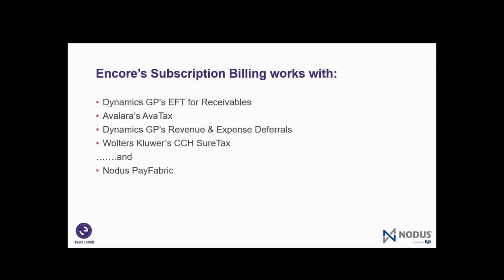It also works with the GP revenue and expense deferral modules. If you are recognizing revenue over future periods, you can leverage the functionality that GP provides through that module. You can define your deferral on the contract line, or GP also has what they call deferral profiles, so we support both methods. The Wolters Kluwer CCH surtax is a solution that one of our customers was using, and